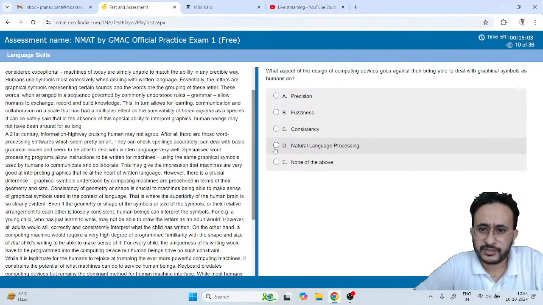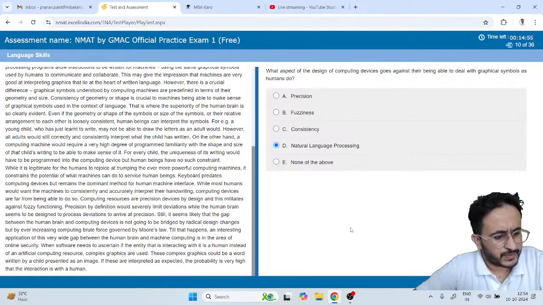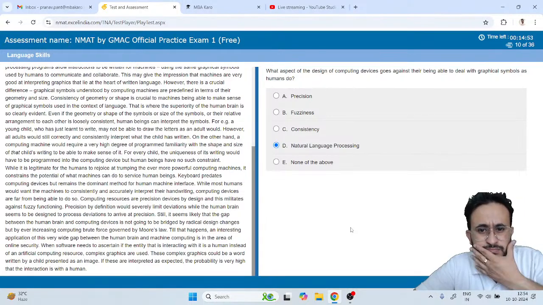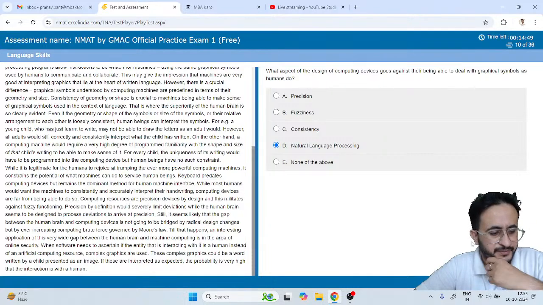Natural language processing, graphical thing, that natural language processing, that is different. Okay,